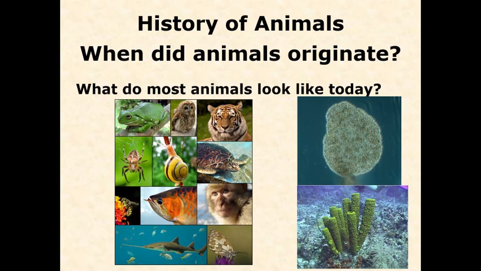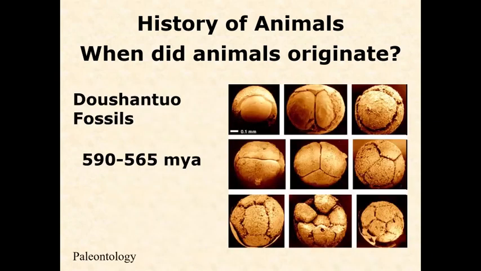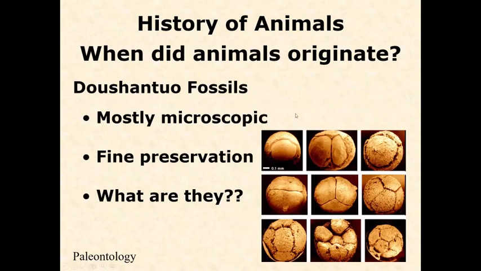So the earliest fossils that we have go back to about 600 million years ago. These are the earliest animal fossils. We have earlier fossils before this, but these are the first ones that can maybe be classified as animals, but even these are a little bit controversial. These are collectively known as the Doushantuo fossils. They show what look like multicellular organisms, again, maybe very, very simple. Some people argue that maybe they were embryos and not the final form, but honestly, we don't know for sure. These are mostly microscopic. They're little tiny things. They have very good preservation, which allows us to see things maybe even down to the cellular level, but there's still some debate as to whether or not they are truly animals.